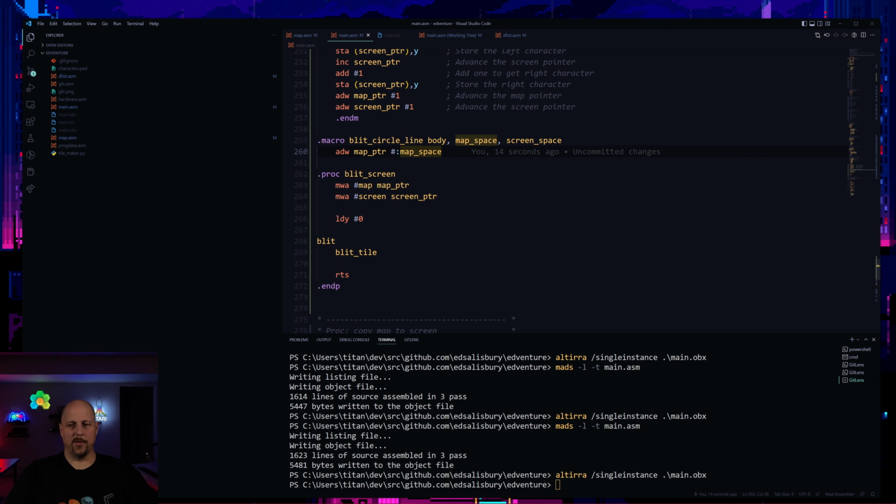So that's fine. And then we're going to be moving over 14 in the screen, because if you remember, each one of these tiles is 2 characters. So we're going to be doing that. I'm just going to go ahead and comment that and leave that there. So what we're going to do is move over that many characters on the map, and then we're going to move over